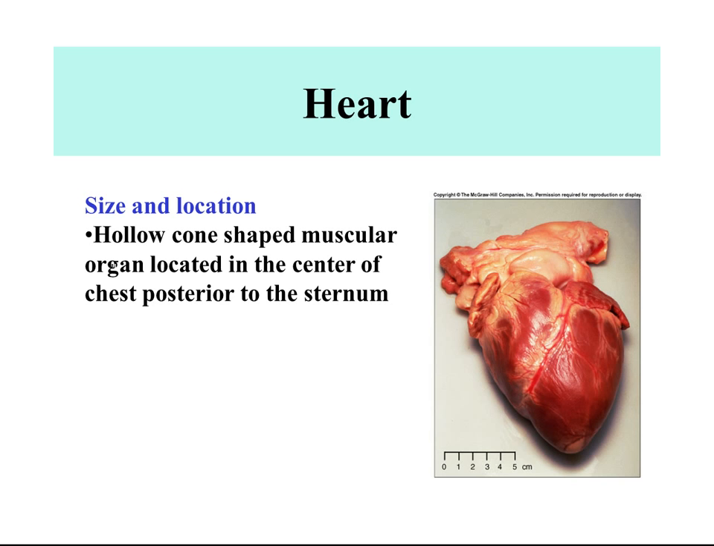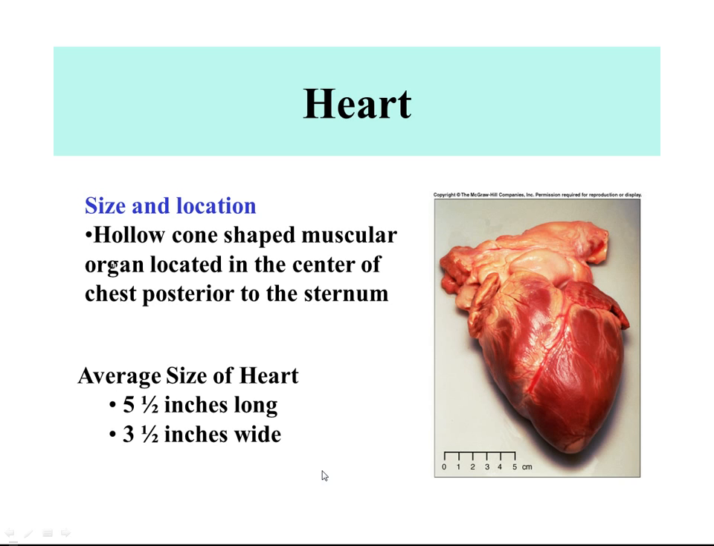It is cone-shaped. You can see that it's cone-shaped or shaped like a triangle. And if you know the parts of a triangle, this pointed part here is called the apex, and then up here where the major vessels are leaving and coming into the heart is called the base. The size of the heart is about 14 centimeters long, and there's about